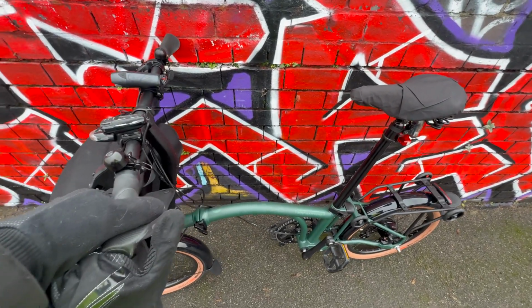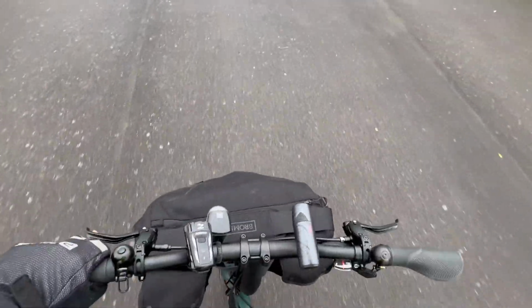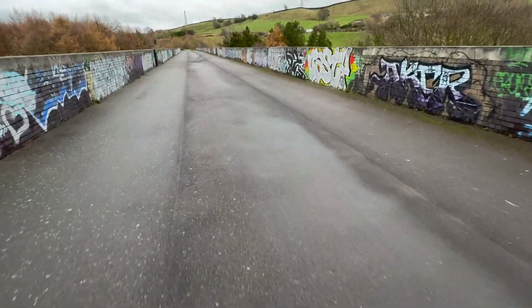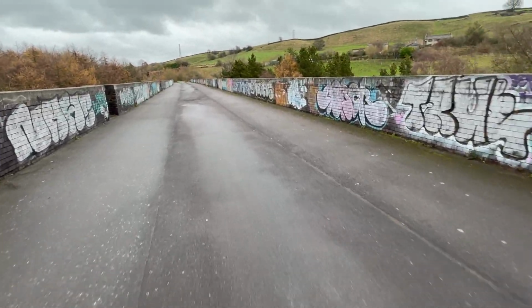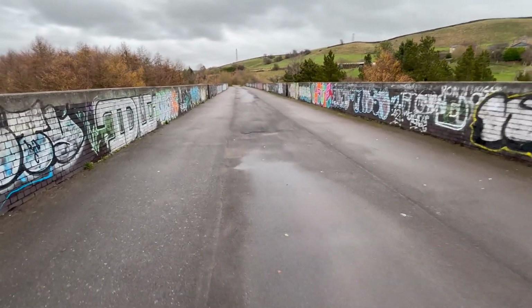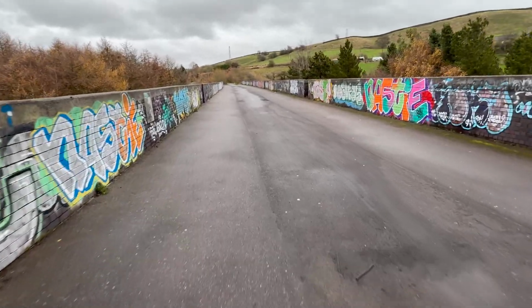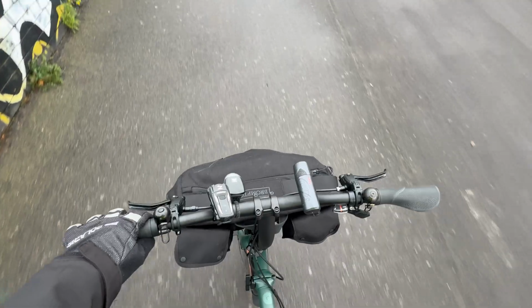Dearie me. Right, let's see if we can get on and have a bit of a run here. Now, I haven't actually got myself set up with anything on this bike yet, as in action cameras or anything like that, so I'm literally riding along this cycle path. It's very quiet today because the weather is as bad as it is,